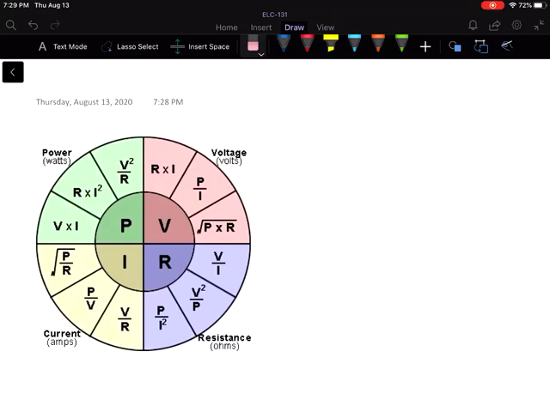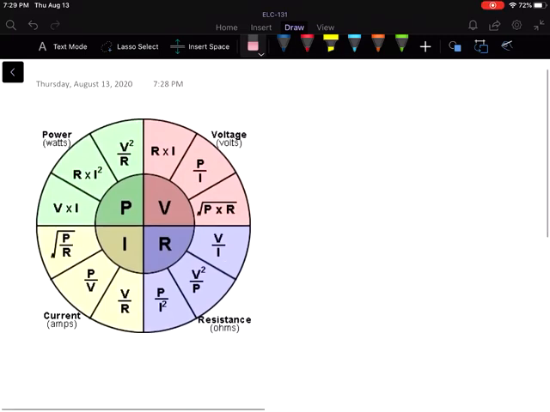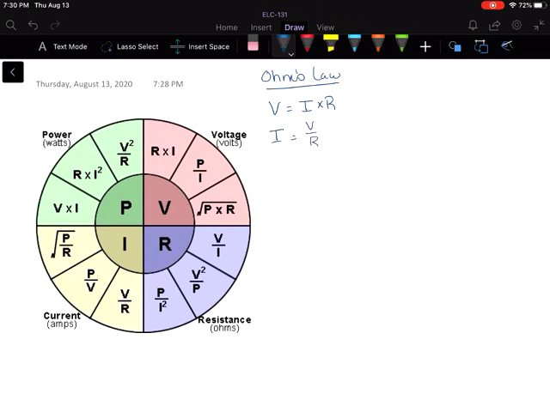Let's look at the Ohm's Law wheel again, and this time let's think about where these equations have come from. They came from two main formulas. They came from Ohm's Law, which says that V is equal to I times R, or I is equal to V over R, or R is equal to V over I. And from Watt's Law,